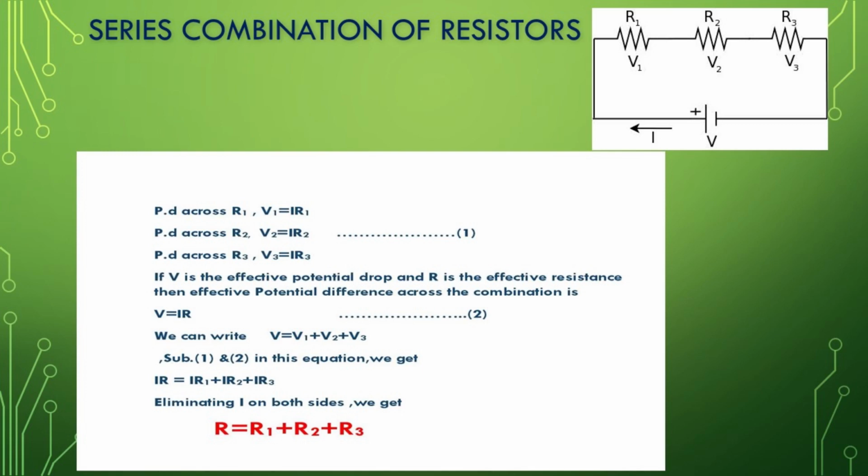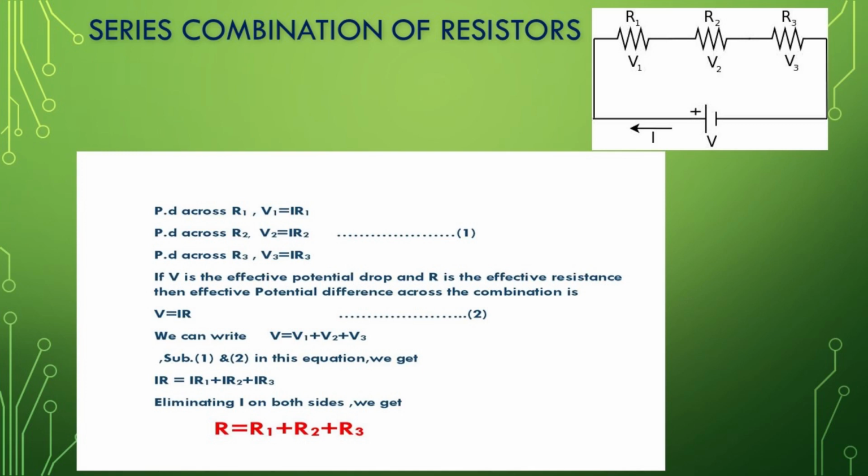Potential difference across R1, V1 equal to IR1. Similarly, PD across R2, V2 equal to IR2. PD across R3, V3 equal to IR3. If V is the effective potential drop and R is the effective resistance, then effective PD across the combination is